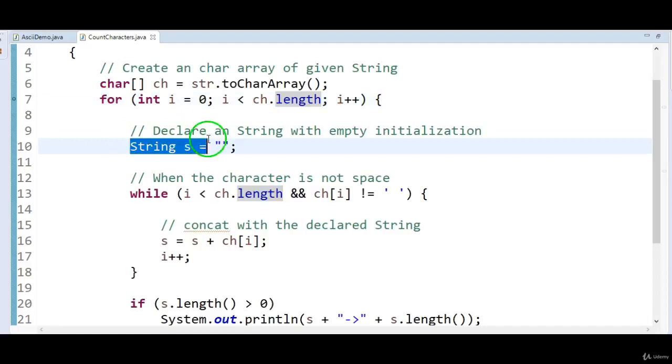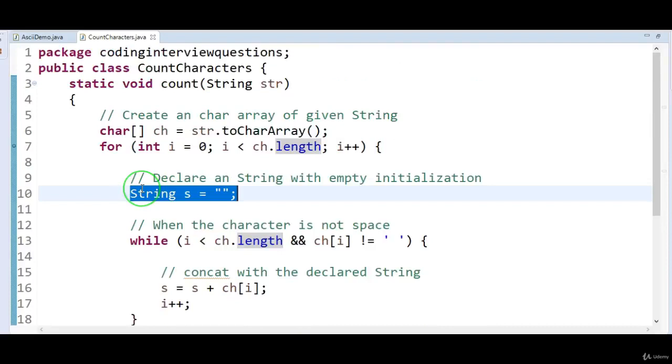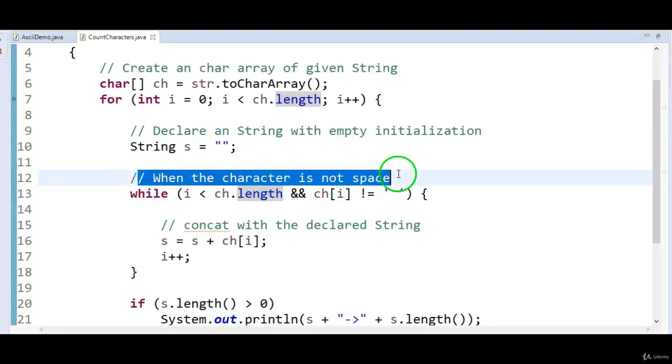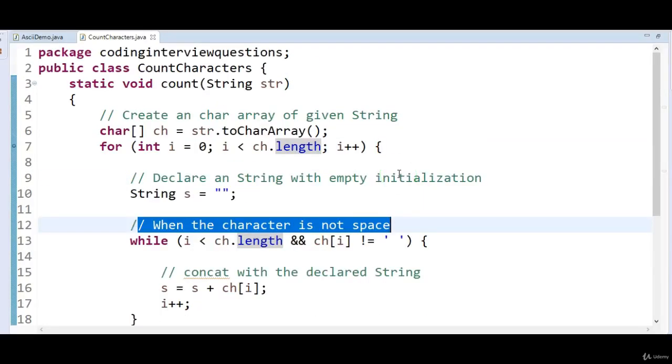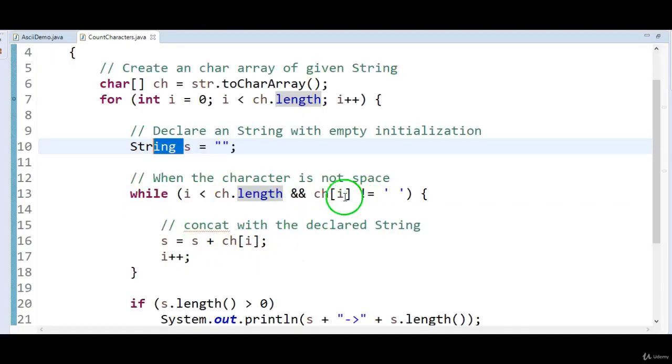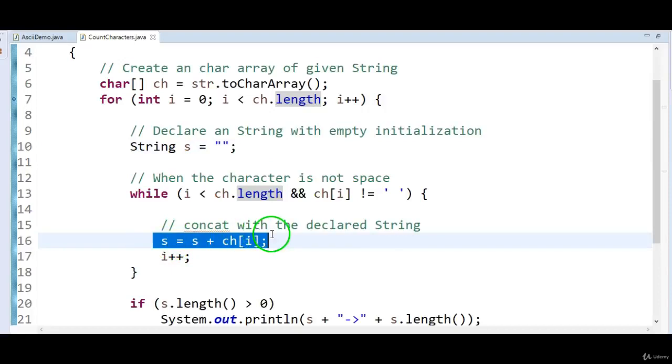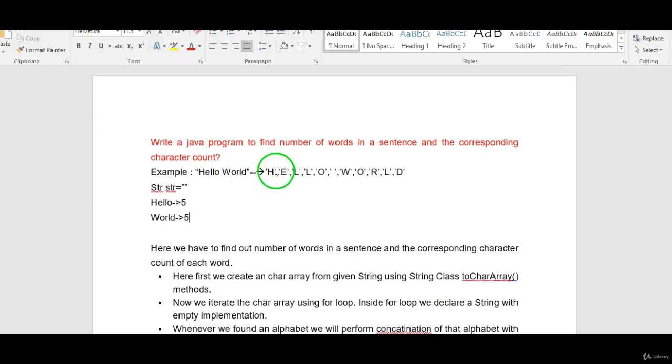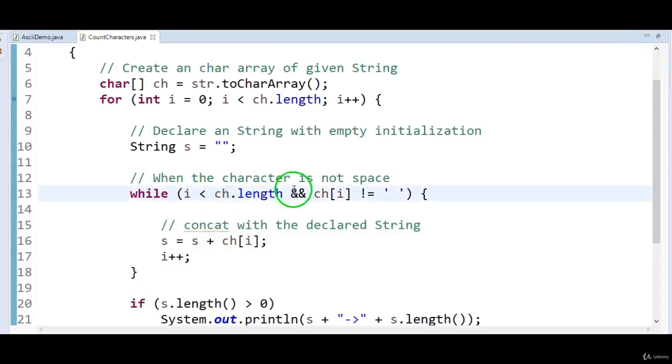First I'll take an initial string with empty implementation. When the character is not a space, I will take that character and append it to the string: s equals s plus ch of I. So first character is H. Now it will come to this loop, while I less than ch.length and ch of I not equal to space.